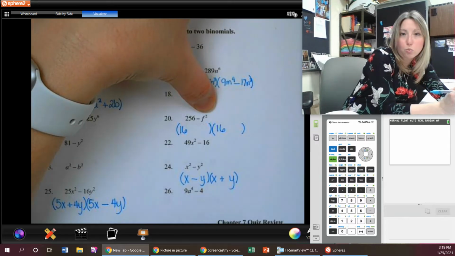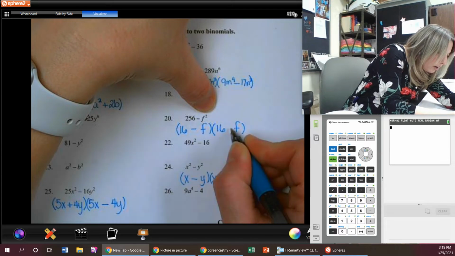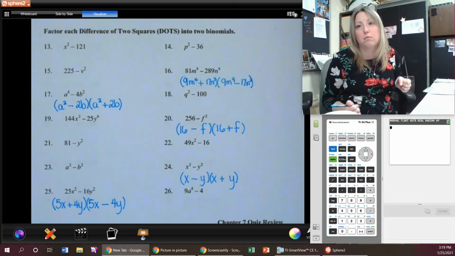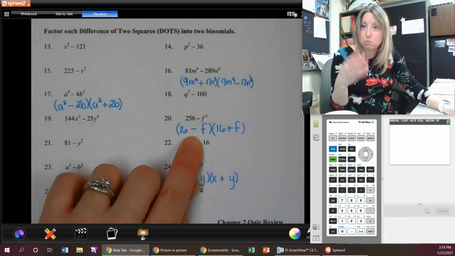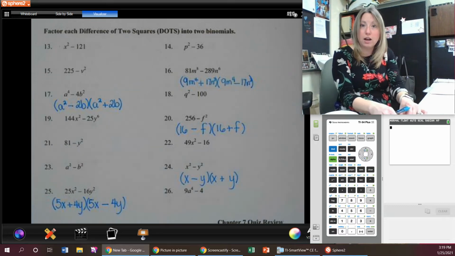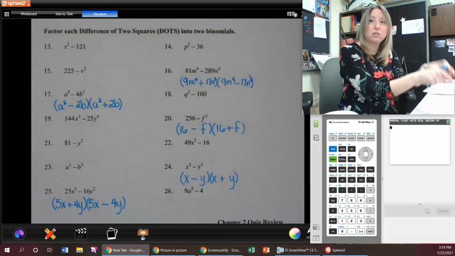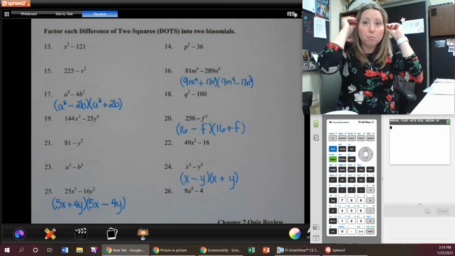Square root of f squared is f in the backs, and different signs between them. Okay, and you do want that in that order because of this minus piece. Those have to have those signs to get those signs in the end when you are multiplying out by